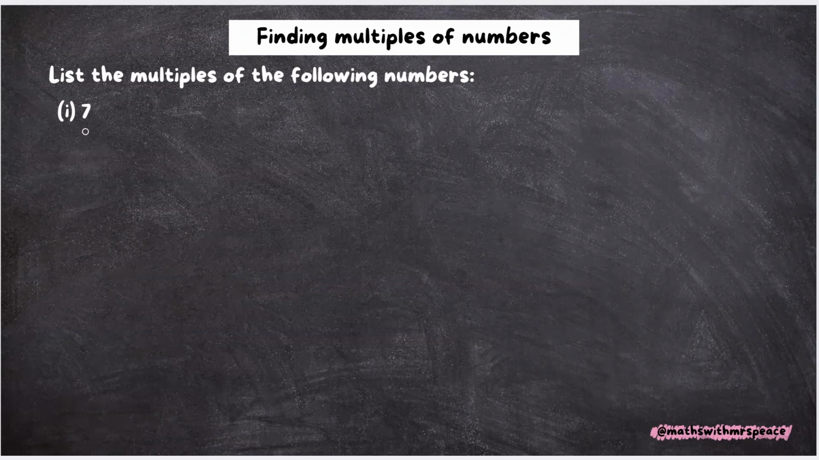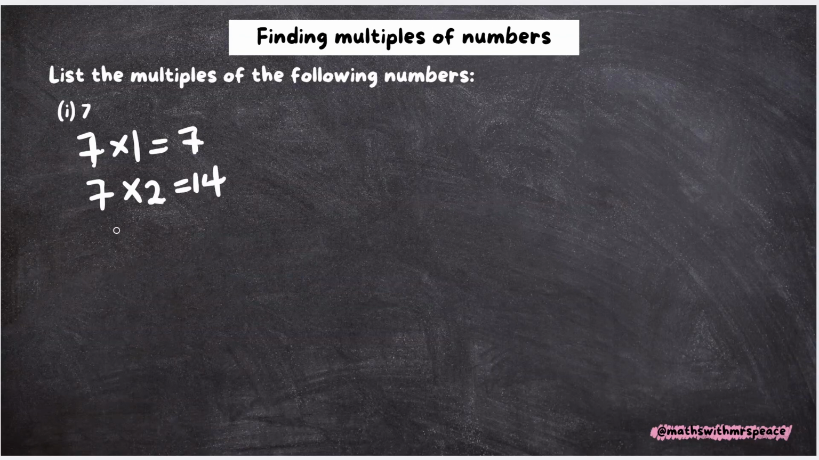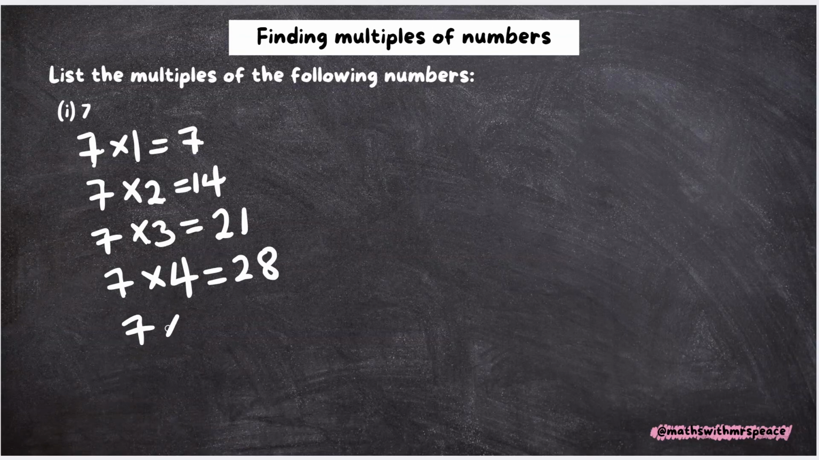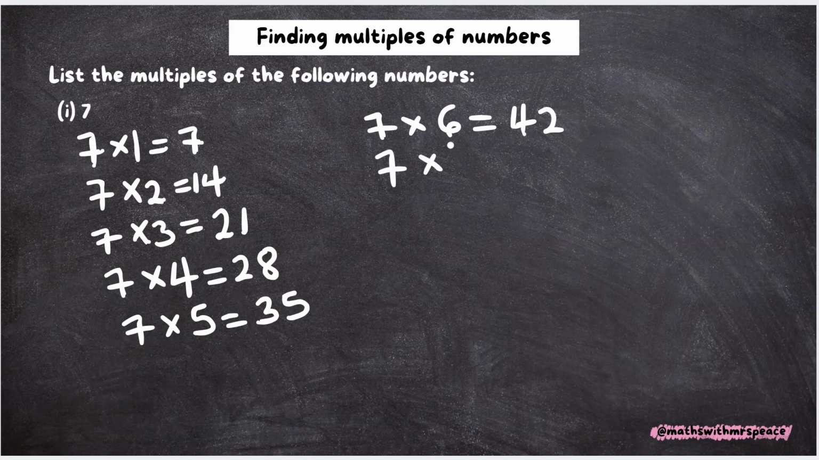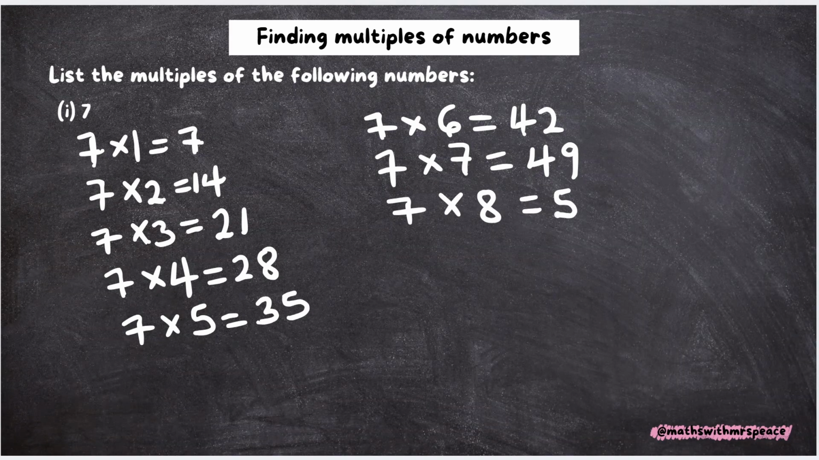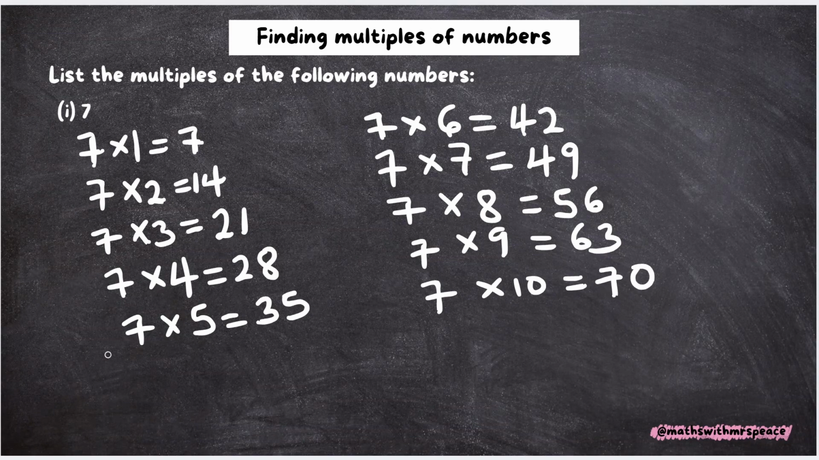We'll just do multiplication of 7 and other numbers. 7 times 1 is 7. 7 times 2 is 14. 7 times 3, 21. 7 times 4 is 28. 7 times 5 is 35. 7 times 6 is 42. 7 times 7 is 49. 7 times 8 is 56. 7 times 9 is 63, and 7 times 10 is 70. So let's conclude. So therefore,